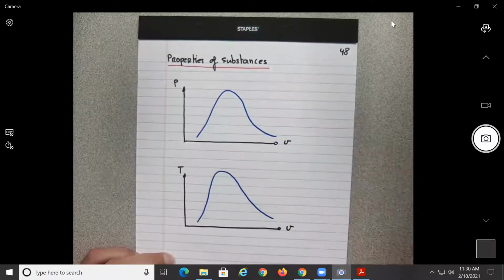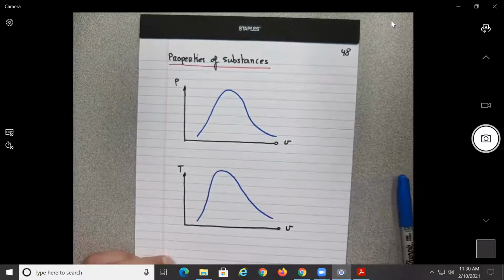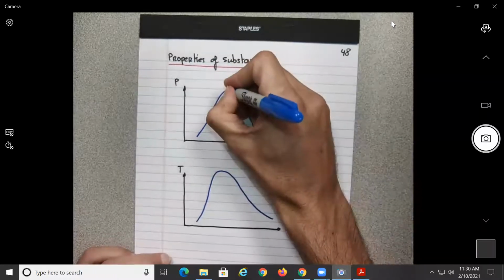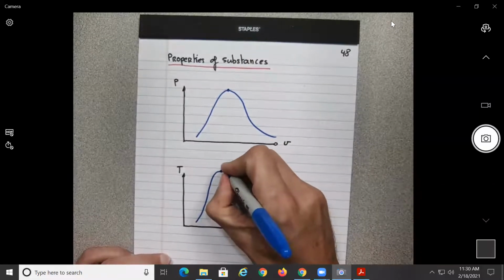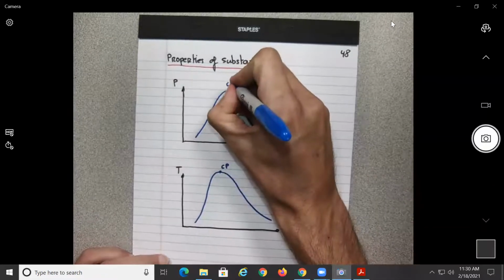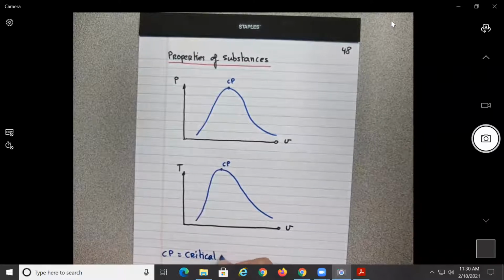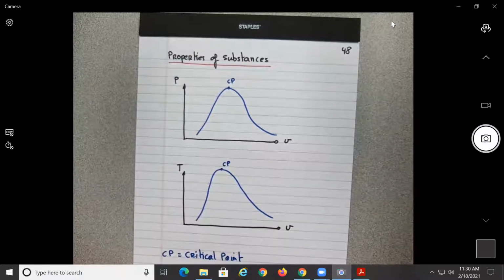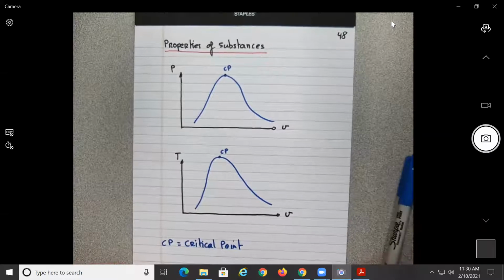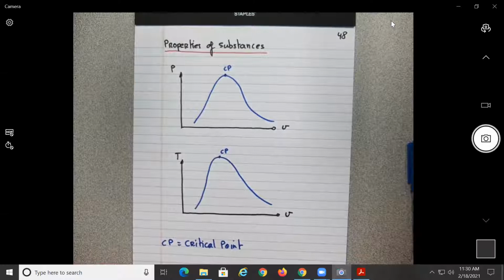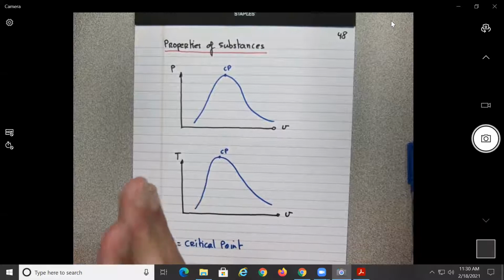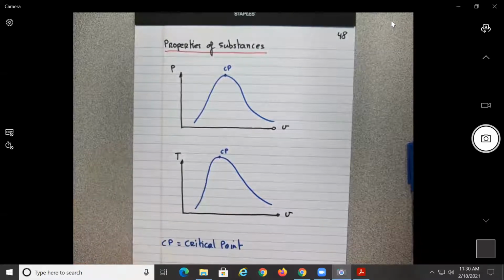All right? And make a point over here on top and call that one CP. CP will be the critical point. All right. Okay, so why is the critical point important? It's important just because it is like a border. Okay, it's the one that defines the end of the